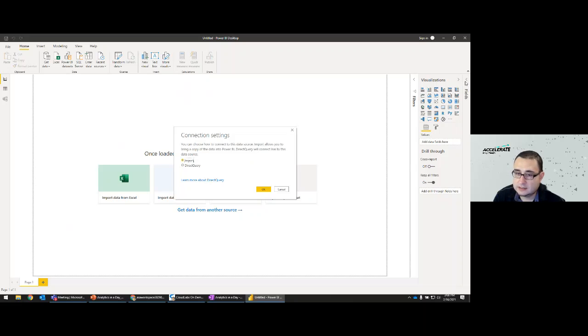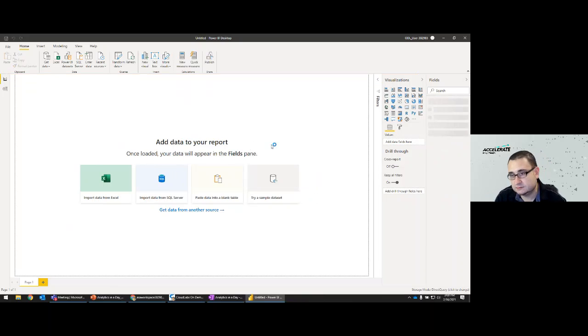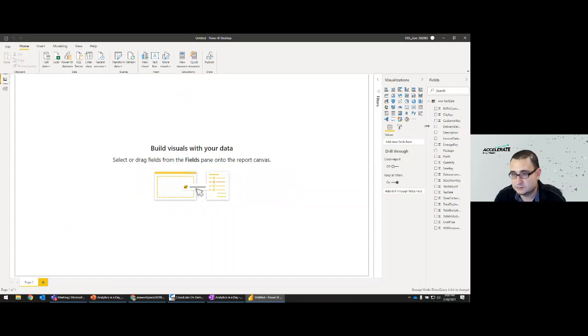So once we load that table, it's going to ask us, do we want to import this into the Power BI dataset cache, or do we want to connect to this dataset using direct query? In our case, we're going to use direct query, which means we're going to query the data source directly, whenever we want to pull data from Synapse, instead of importing it and then using Power BI's cache. And you can read a little bit more about Power BI direct query mode in that link that's there, or you can search it and look at the documentation, how it works, and the use cases.